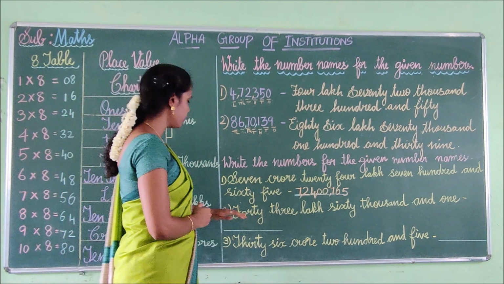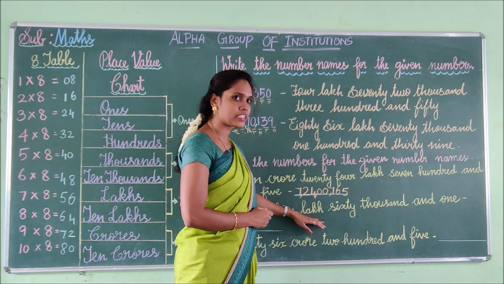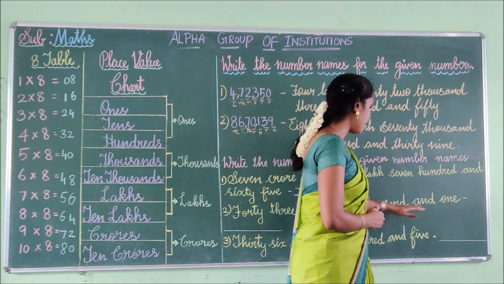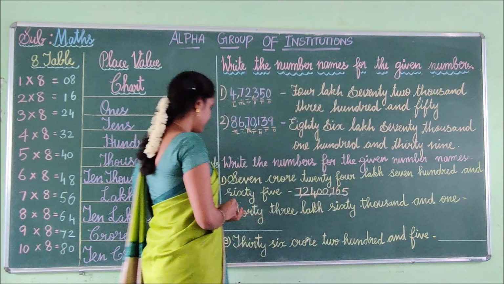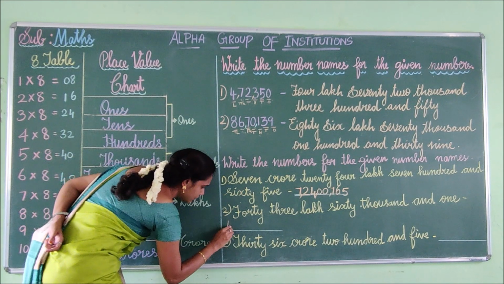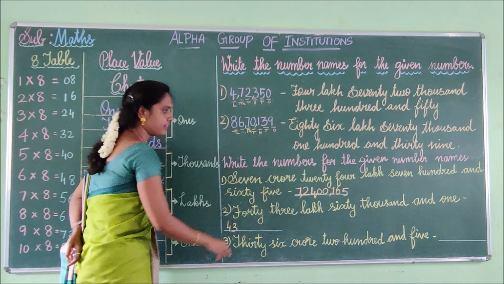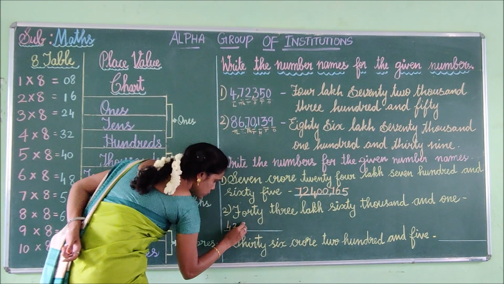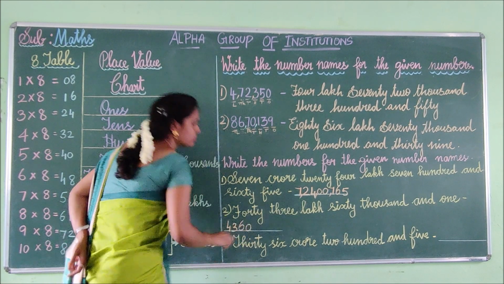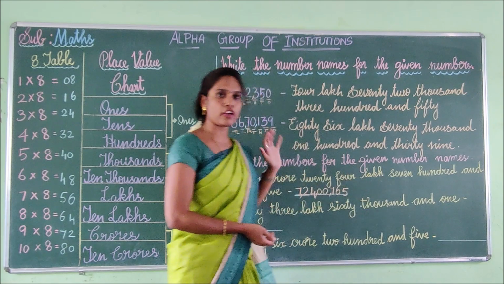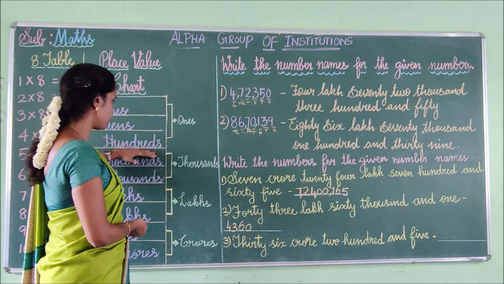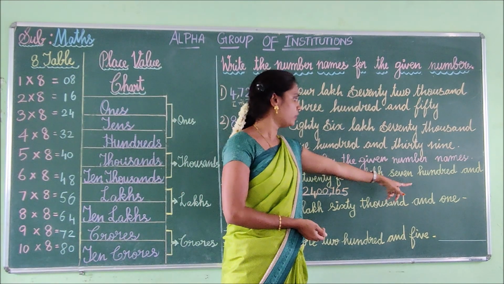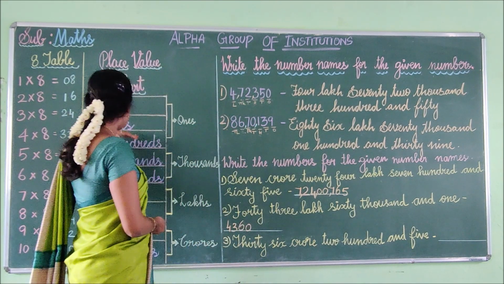See here, second one, 43 lakh. Here the number starts from lakh. 43 lakh 60,001. Shall we write the numbers now? See here, 43 lakh. Next, after lakh you have thousand. How many thousand? 60,000. Next, after 1000, what place value should come? See here, after 1000 it should be hundreds, tens, ones. But here you have only the ones place value. So the 100's place and 10's place are missing.